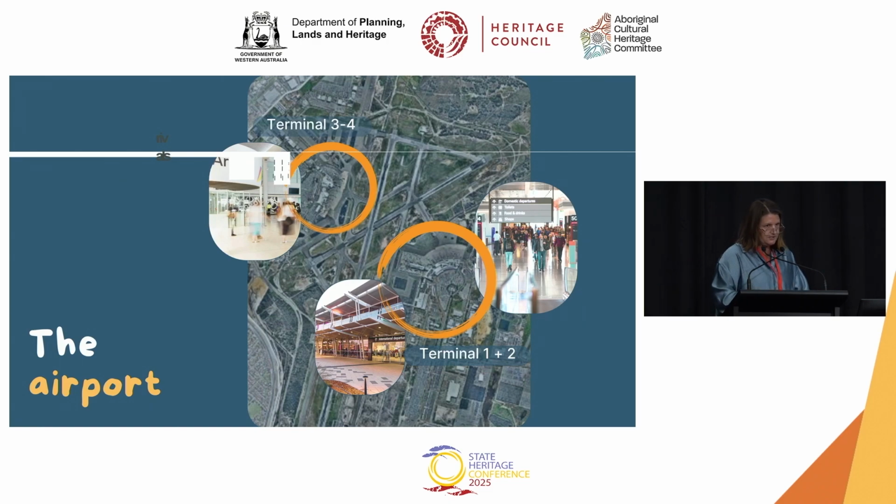If you pay attention to the images on the screen here, you'll notice those two orange circles picking up the terminal buildings, Terminal 3-4, which is where Qantas operates out of, if you're familiar with flying out of there. Otherwise, Terminal 1 and 2. So for the FIFOs and anyone who goes around doing heritage work remotely, that's Terminal 2. And Terminal 1's your international building and the Virgin Pier. You can see in this image the runways intersecting and going between these. Paying attention to those orange circles,